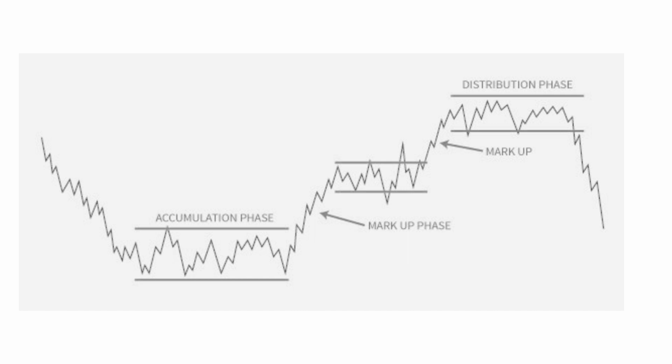Hence, what follows after the distribution phase is a complete sell-off in the markets, also known as the markdown of prices. The sell-off in the market leaves the public in an utter state of frustration. Completing the circle, what follows the sell-off phase is a fresh round of accumulation phase, and the whole cycle repeats. It is believed that the entire cycle from the accumulation phase to the sell-off spans over a few years. So this is all about Dow theory.